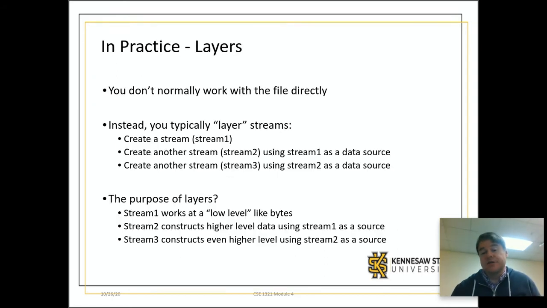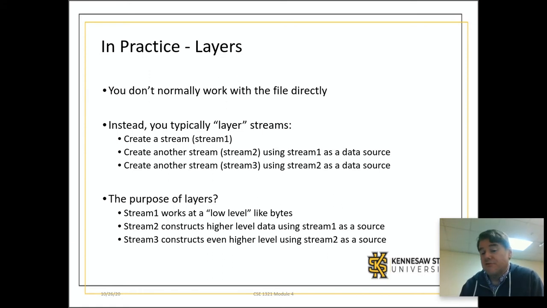All right, so how do we actually go about doing this? Well, as I mentioned, the first thing that you would typically do is open up the file. Once you have the file open, you're typically going to layer different streams on top of the file depending on what it is that you're trying to do. So opening the file by itself really doesn't do anything useful for you. It's a raw file at that point, and there's no particularly simple way to just directly read information out of that file. So what you're actually going to do is put a stream on top of it